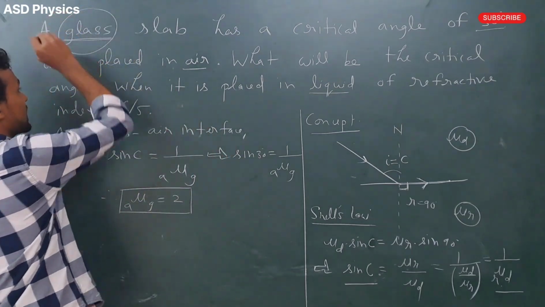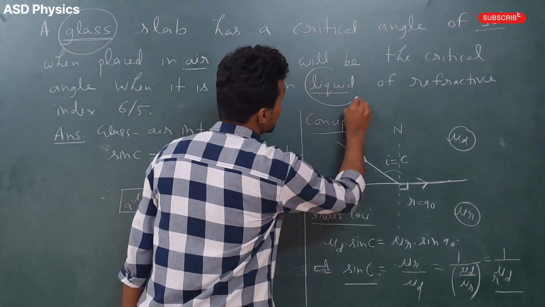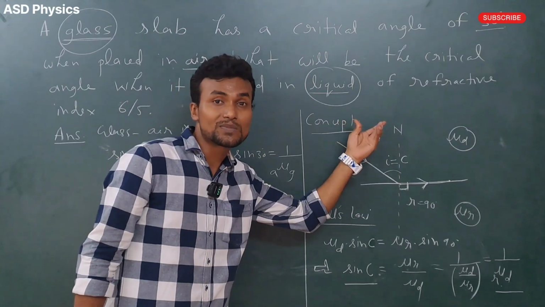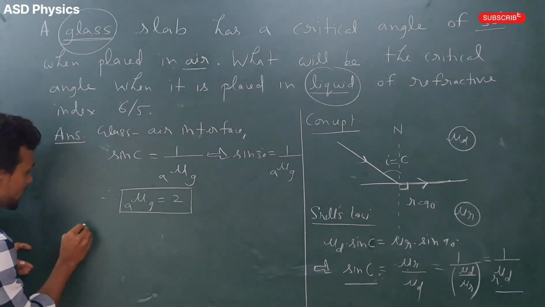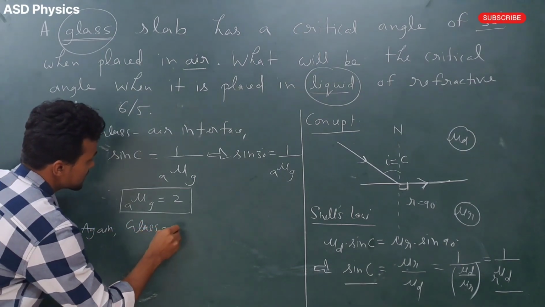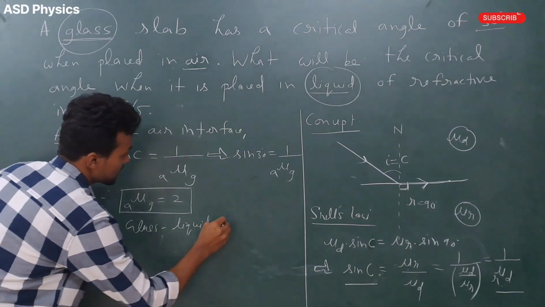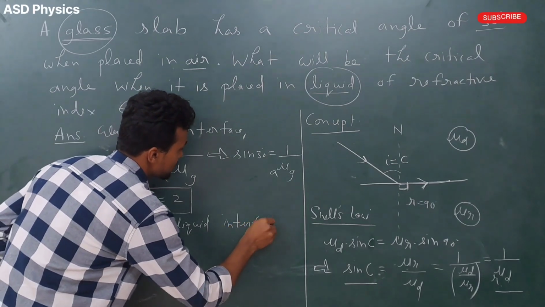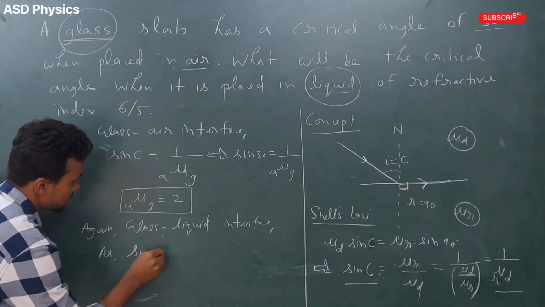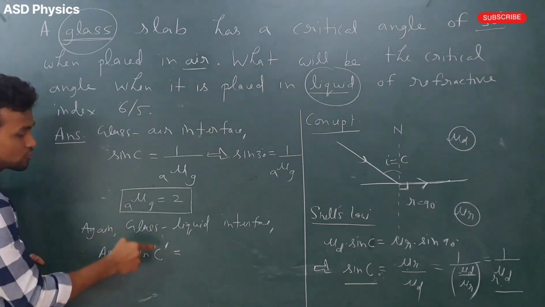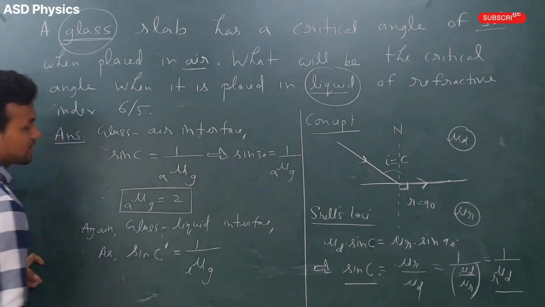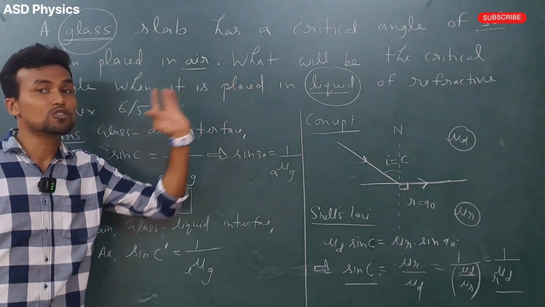So my dear students, after calculating this refractive index, again we'll go for the next one. Again, when this glass slab is placed where? It is placed in a liquid. So now what will happen here? This glass will become denser medium and this liquid will become which medium? This will become the rarer medium. So again we'll write, again which interface? Now our interface is glass liquid interface. So again we will write sin C dash, because here we have taken C, so now C dash. So 1 by mu glass with respect to liquid, because as I told that glass is the denser and now liquid is the rarer.